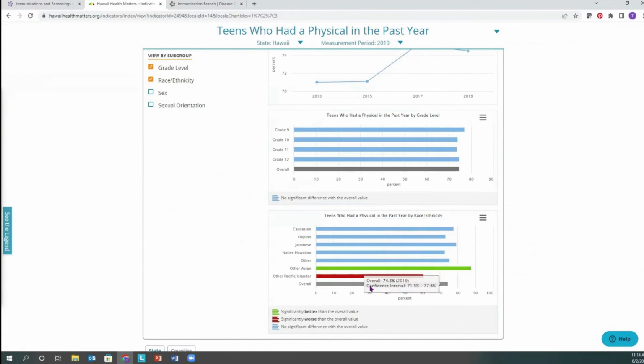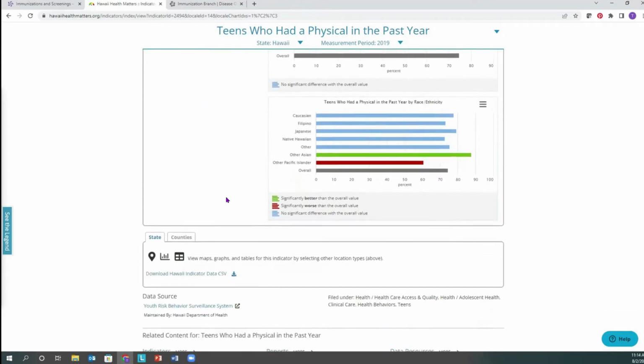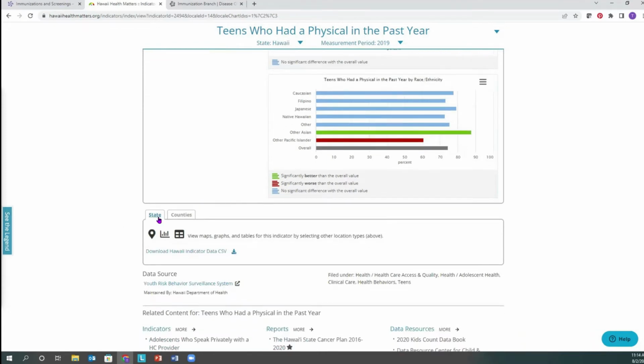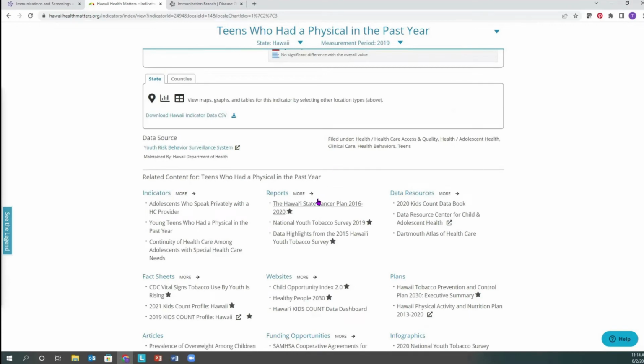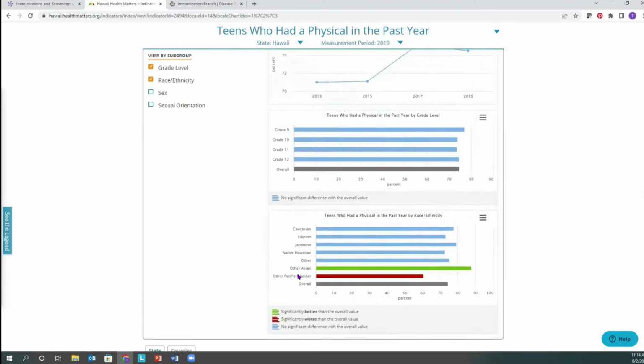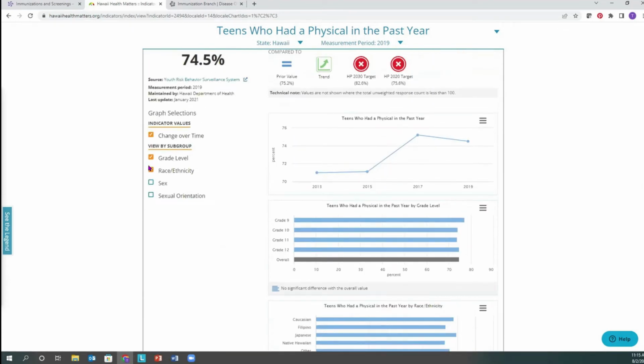And with this system, as always, if it's red, it's significantly worse than the state overall, and if it's green, it's significantly better. So we would say that other Asian teens are more likely to have had a physical overall than the state as a whole, and other Pacific Islander teens are less likely. So you have the ability to do a little bit more digging down here. This is available at the state and county level. And then scrolling down even further, you can see we have a lot more information in this system that may be relevant to teens having physicals that you may want to explore. So just scrolling back up here for a moment,